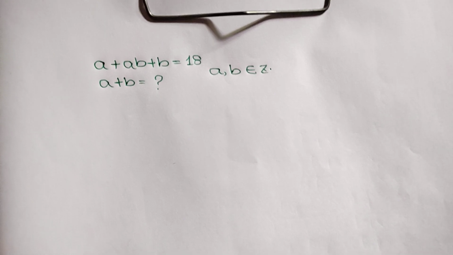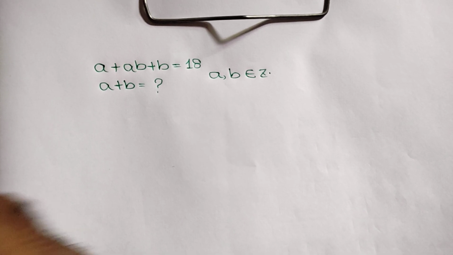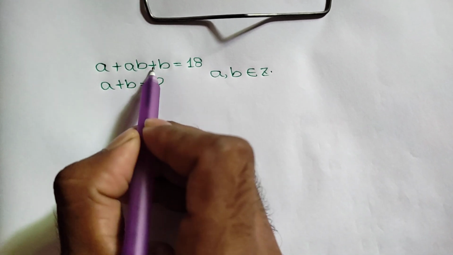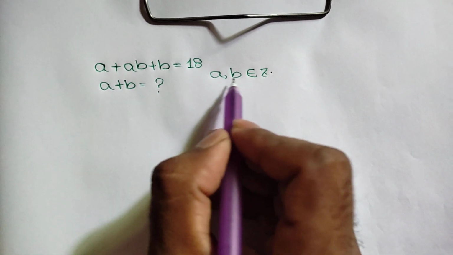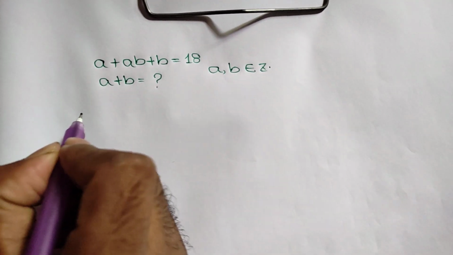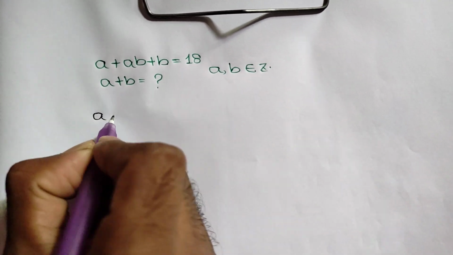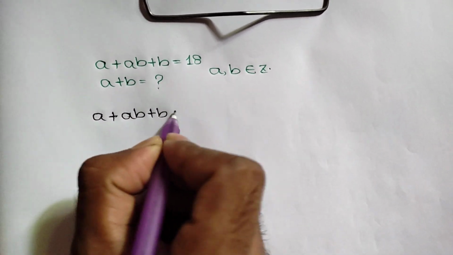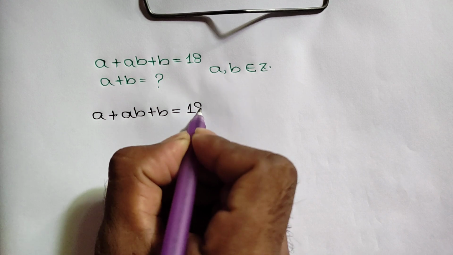Hi everyone, in this video I am going to show how to find the value of a plus b, where a plus ab plus b is equal to 18 and a and b are also integers. We have given a plus ab plus b is equal to 18,